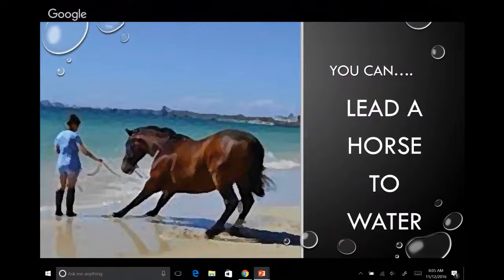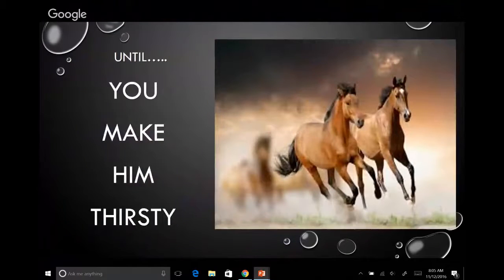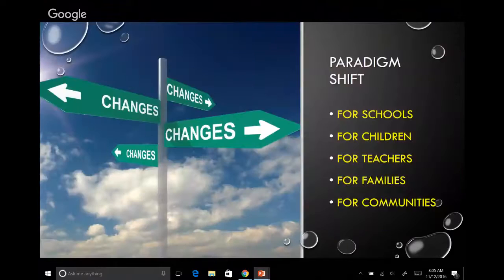You can lead a horse to water, but you can't make him drink until you make him thirsty. So here we have a paradigm shift. In an effort to get all of our stakeholders to embrace standards-based grading, we need to spend as much time as it takes to help them wrap their heads around this new way of doing things. It's been my experience that districts and schools who've rushed into standards-based grading without buy-in from most of the learning community have struggled with pushback. This process takes time and thoughtful communication, and it does take work in the beginning, and I will not sugarcoat it.